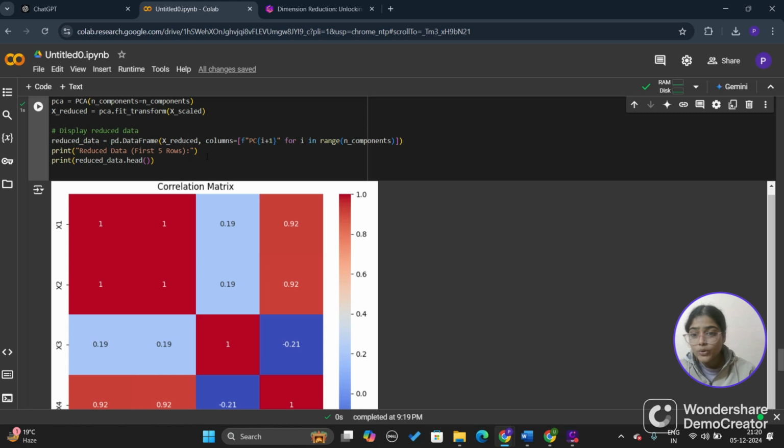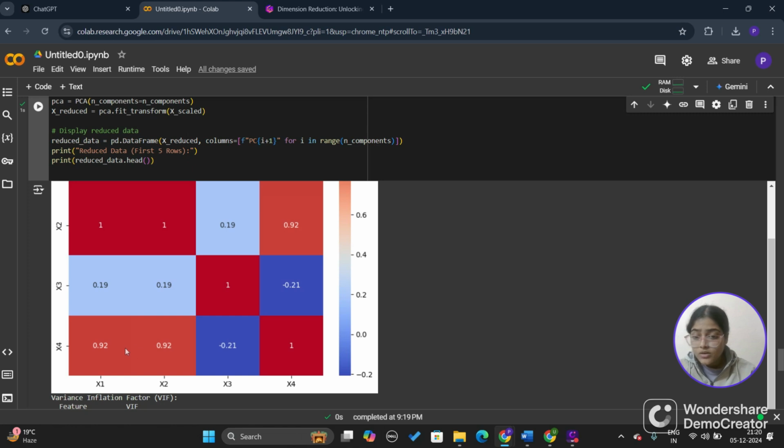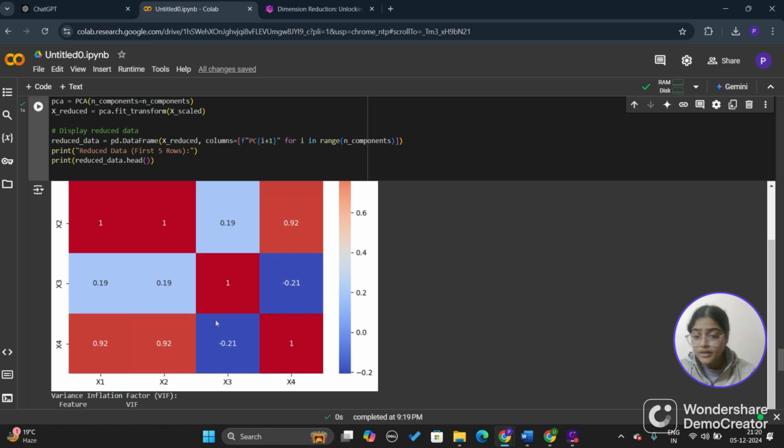So this is the output of the above code. This is a correlation matrix heatmap which visualizes the correlation coefficients between the features in the dataset, and the diagonal 1.0 values show the correlation of a variable with itself is always 1. x1 and x2 have perfect correlation of 1, indicating multicollinearity between these features, and x1 and x4 at 0.9 suggest significant multicollinearity. x2 and x4 have high correlation equal to 0.92, again indicating multicollinearity, and x3 has weak or no correlation